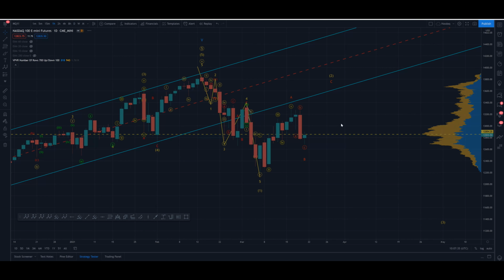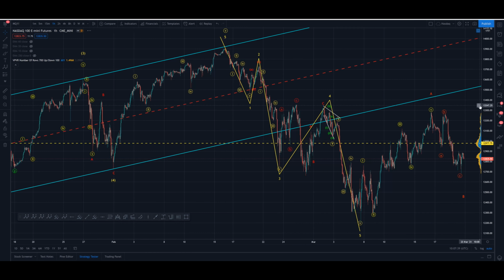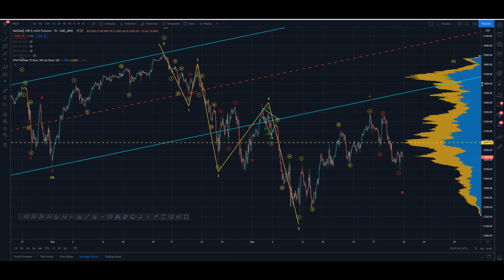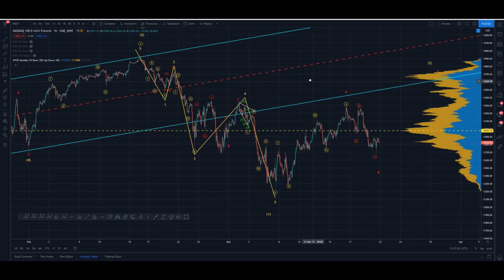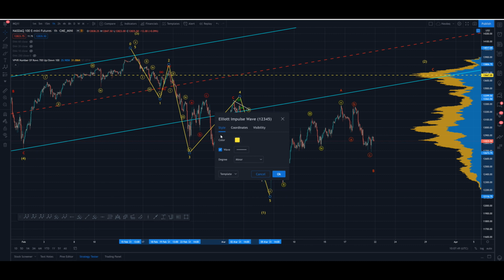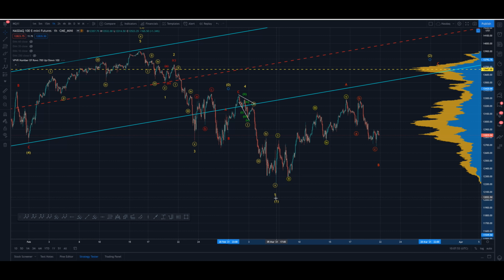Let's come down to the 1 hour chart. Alright, so 5 waves move down. No overlap in the 4. So, legitimate impulse wave here. So, if we're a bear, we have to count this as an impulse wave into a 1, which means that